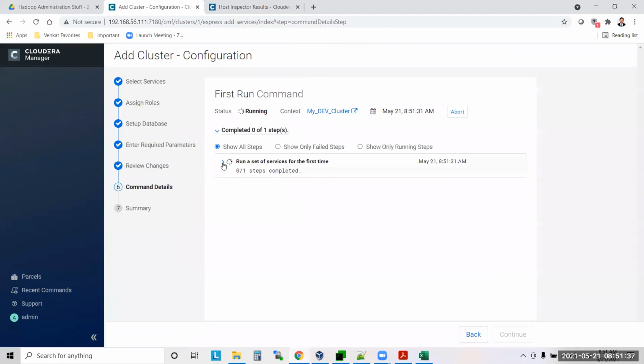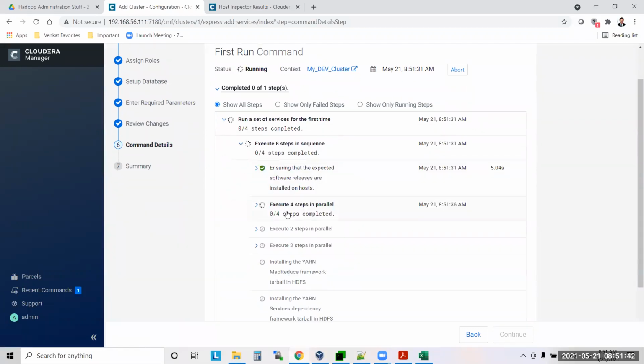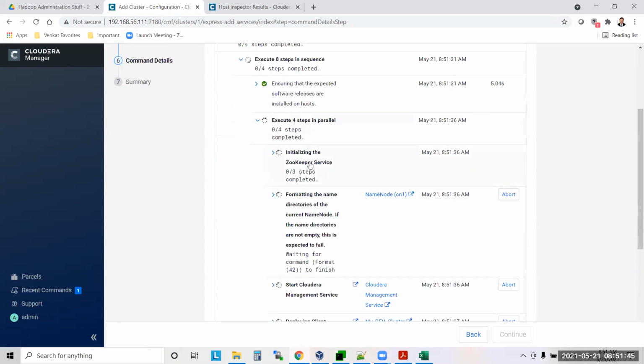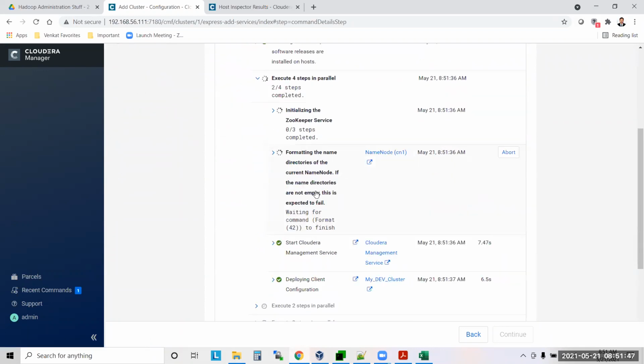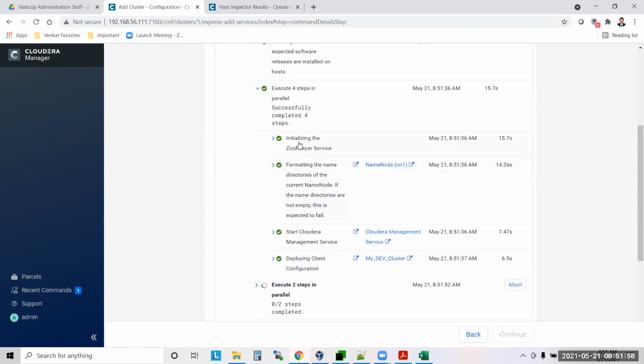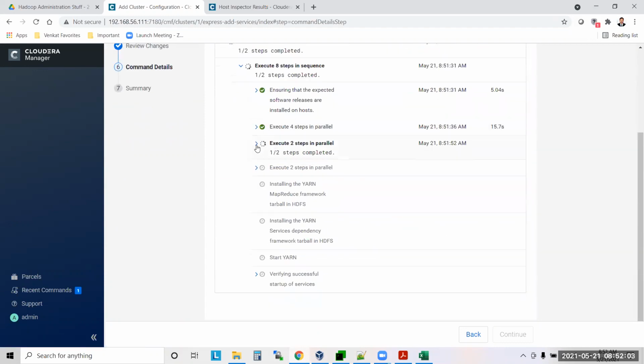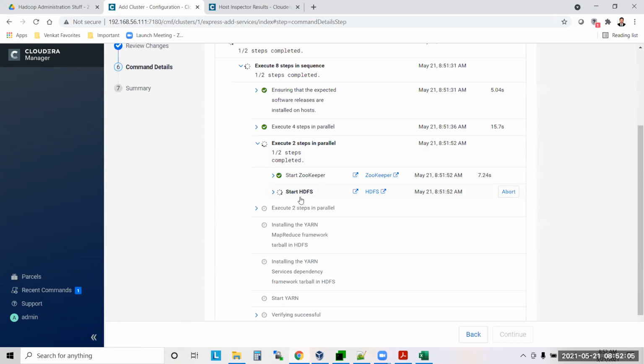So what are the steps it is performing? Initially, in the Zookeeper service, formatting the name node. The format command it is executing, because the first time we are installing a new Cloudera cluster, right? So the first time it has to format. It is formatting. So Zookeeper services also started. Okay, then what next? Start Zookeeper is done, start HDFS. So now the HDFS services, it is starting. It is starting name node, second name node, and all the data nodes.